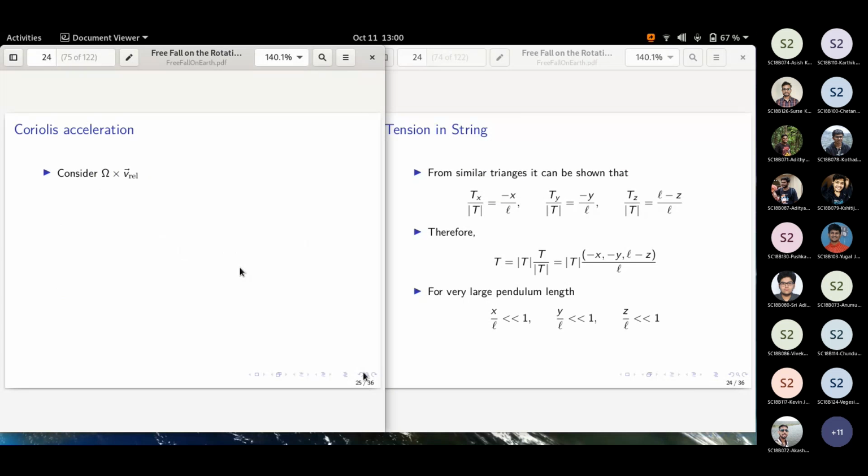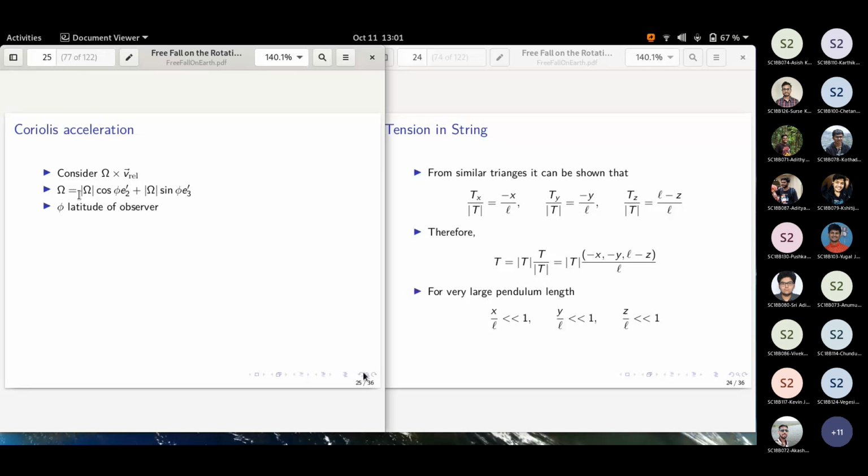Let us compute omega cross V rel, because this is required to compute the Coriolis component. Minus 2 times this is the Coriolis component. We have already constructed omega, the rotation rate of the Earth. It is felt along the north and the zenith axis. E2 dash is the north axis, E3 dash is the zenith axis. East is always perpendicular to the rotation axis of the Earth. Therefore, the component along the east axis of the rotation is always 0.